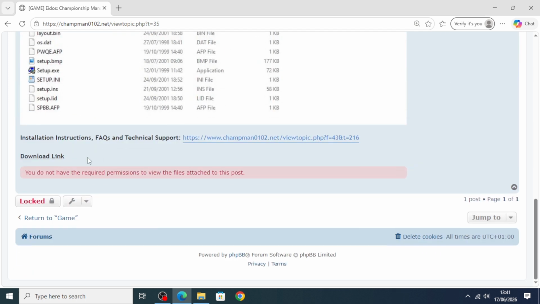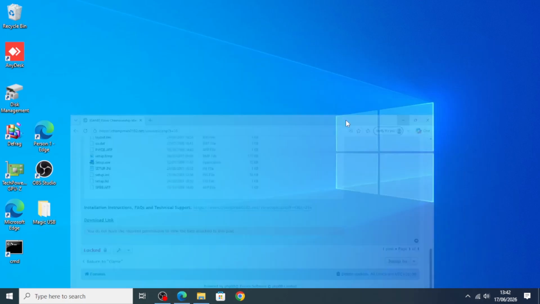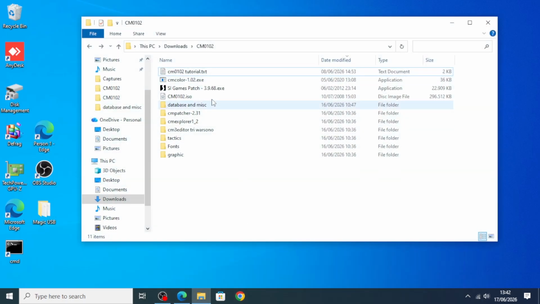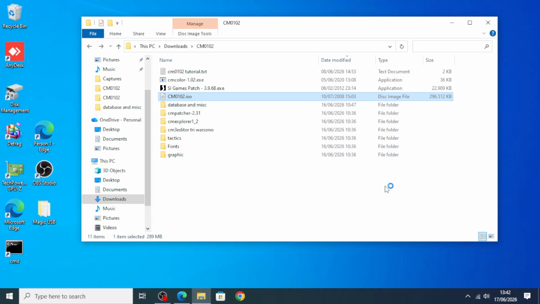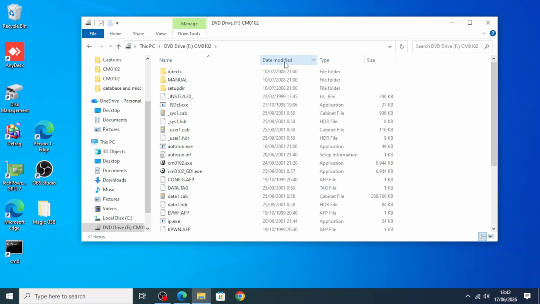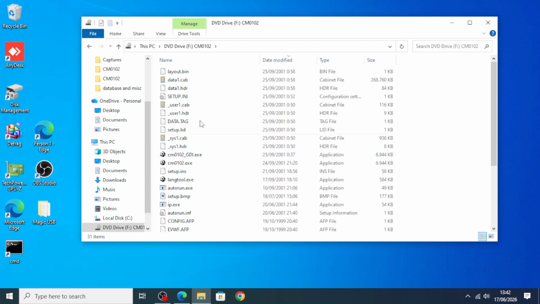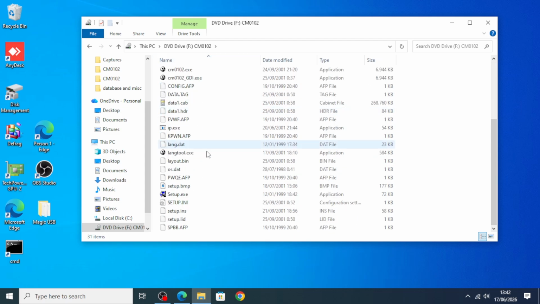If you register as a member, the download link will be clickable. Just download it, and the file we need is CM0102.iso. Right click and mount it. This way Windows will emulate a DVD-ROM that has all the files originally stored on the DVD-ROM of